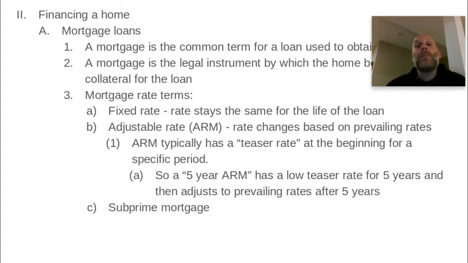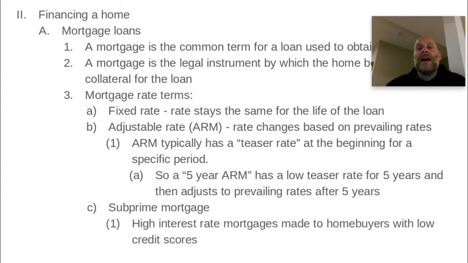But anyways, a subprime mortgage is basically a very high interest rate mortgage that's made to a buyer with a low credit score. So someone who a lender might think might not be able to pay back that rate. So in return for giving you a loan, when they think you may not be able to pay it back, they're going to charge you a much higher interest rate in order to secure that loan, because the lenders need to get their money back.